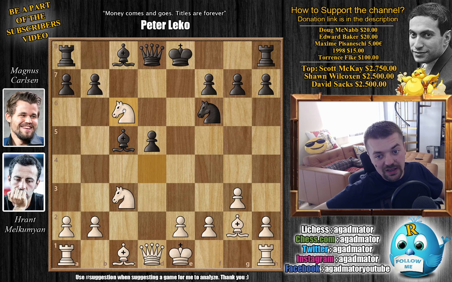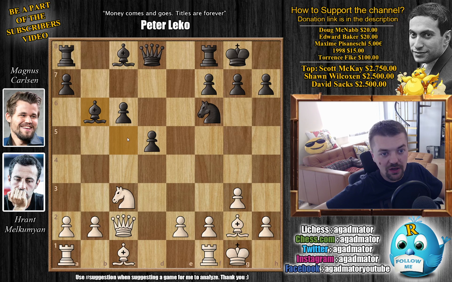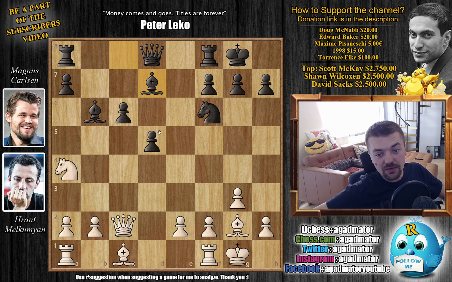But okay, we have knight captures by Melkumyan, b captures on c6, and here just castles. Magnus also castles, and now queen to c2. Developing the queen, also the bishop on c5 is being x-rayed, so Magnus immediately removes it. We have knight to a4, going after the bishop, and now there is one game where bishop to b7 was played, but here Magnus goes bishop to d7, and it is as of move 12 that we have a completely